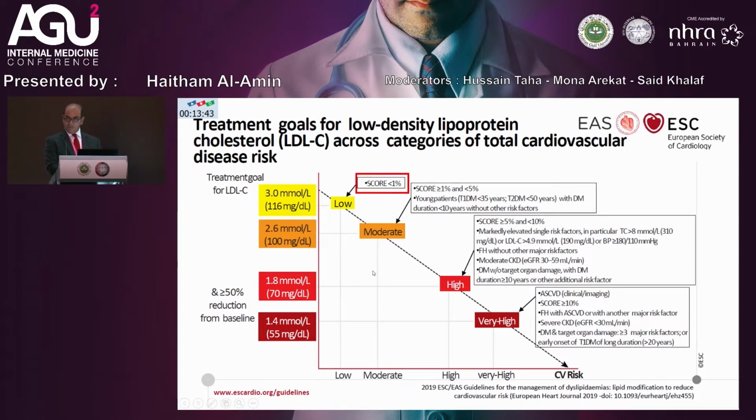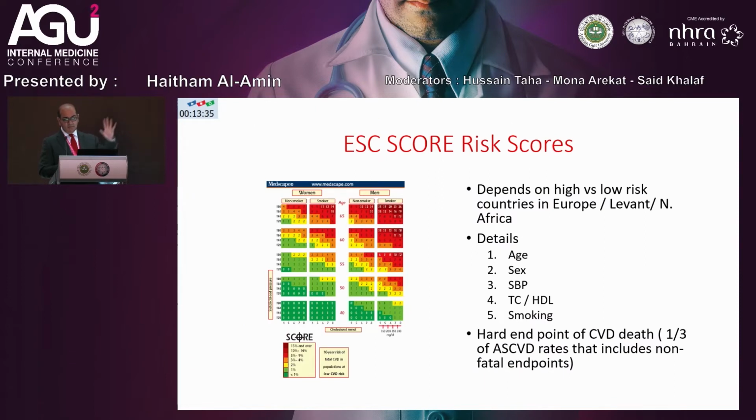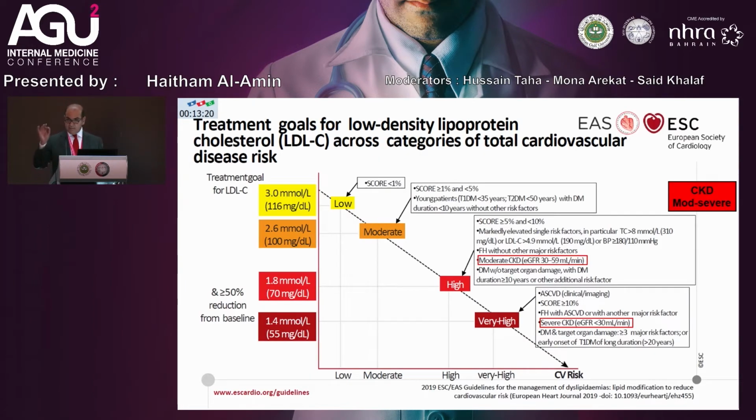And here they've changed the scoring system, which I don't personally use, versus the ACC guidelines, which are more for North America. Europe, they have less details, and I personally, this is a personal preference, I prefer the ASCVD risk calculator rather than this. But the thing that is very clear, which I think is an added benefit to these guidelines,